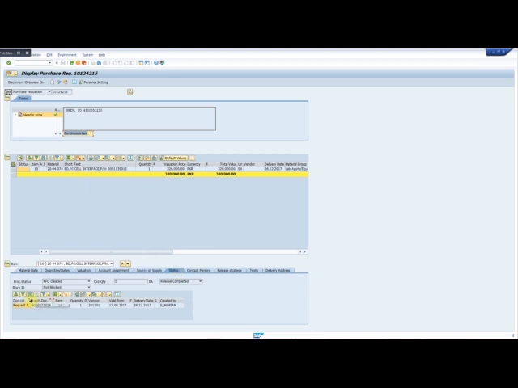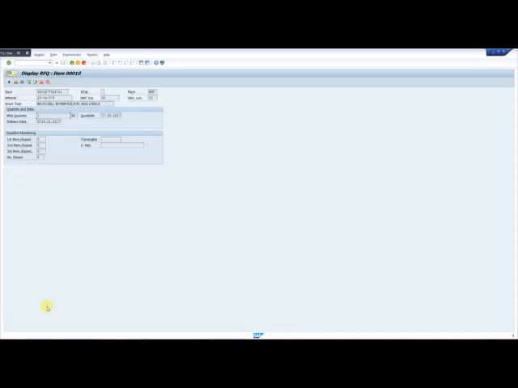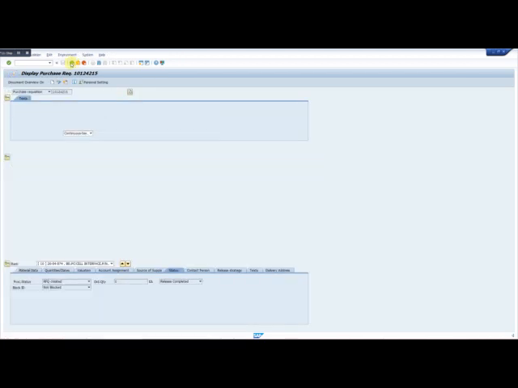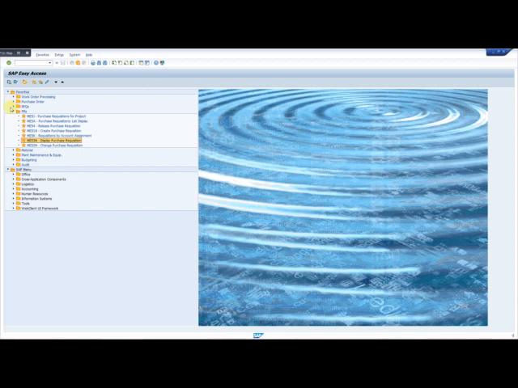Here the status is that an RFQ, request for quotation, has been floated to the vendor, and this is the RFQ number. So we will copy this RFQ and check it.